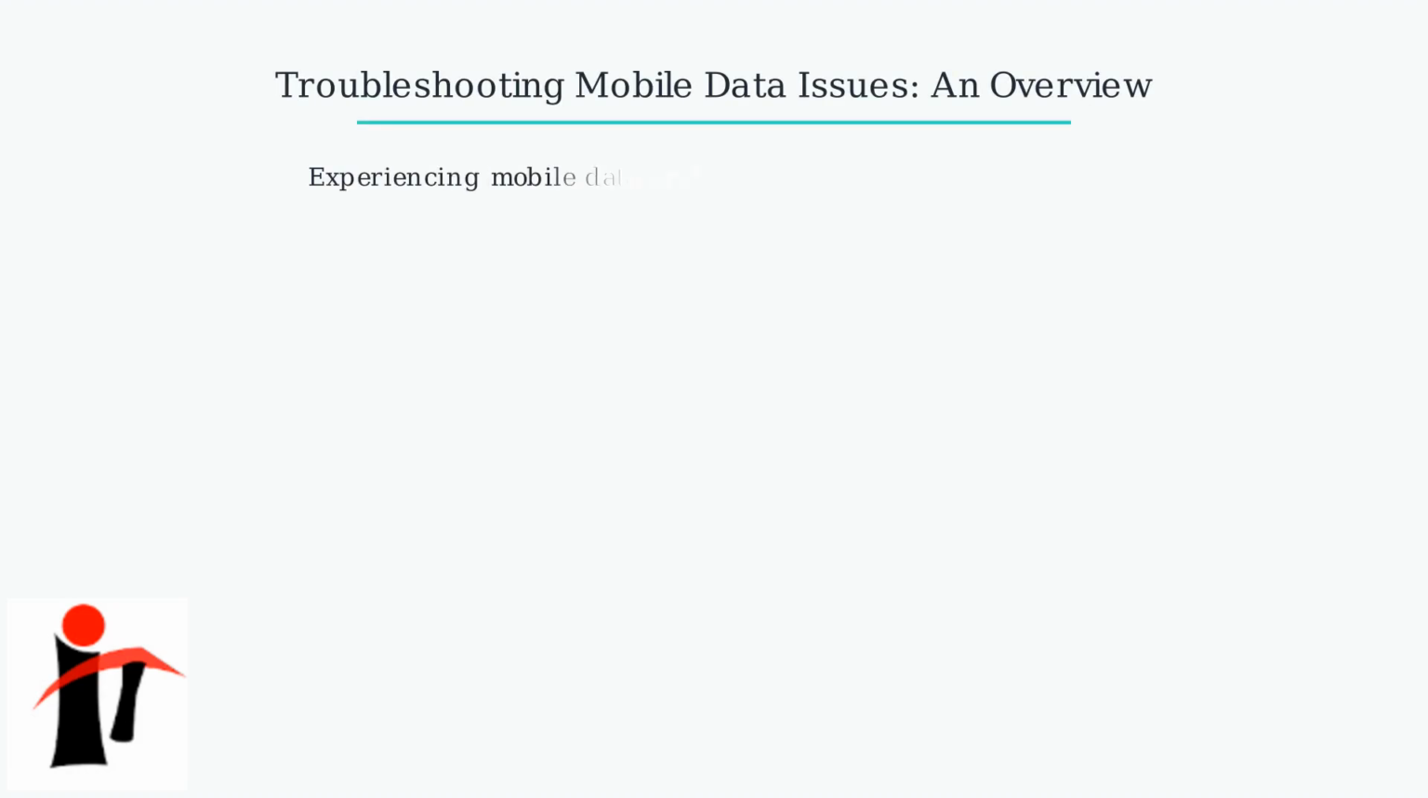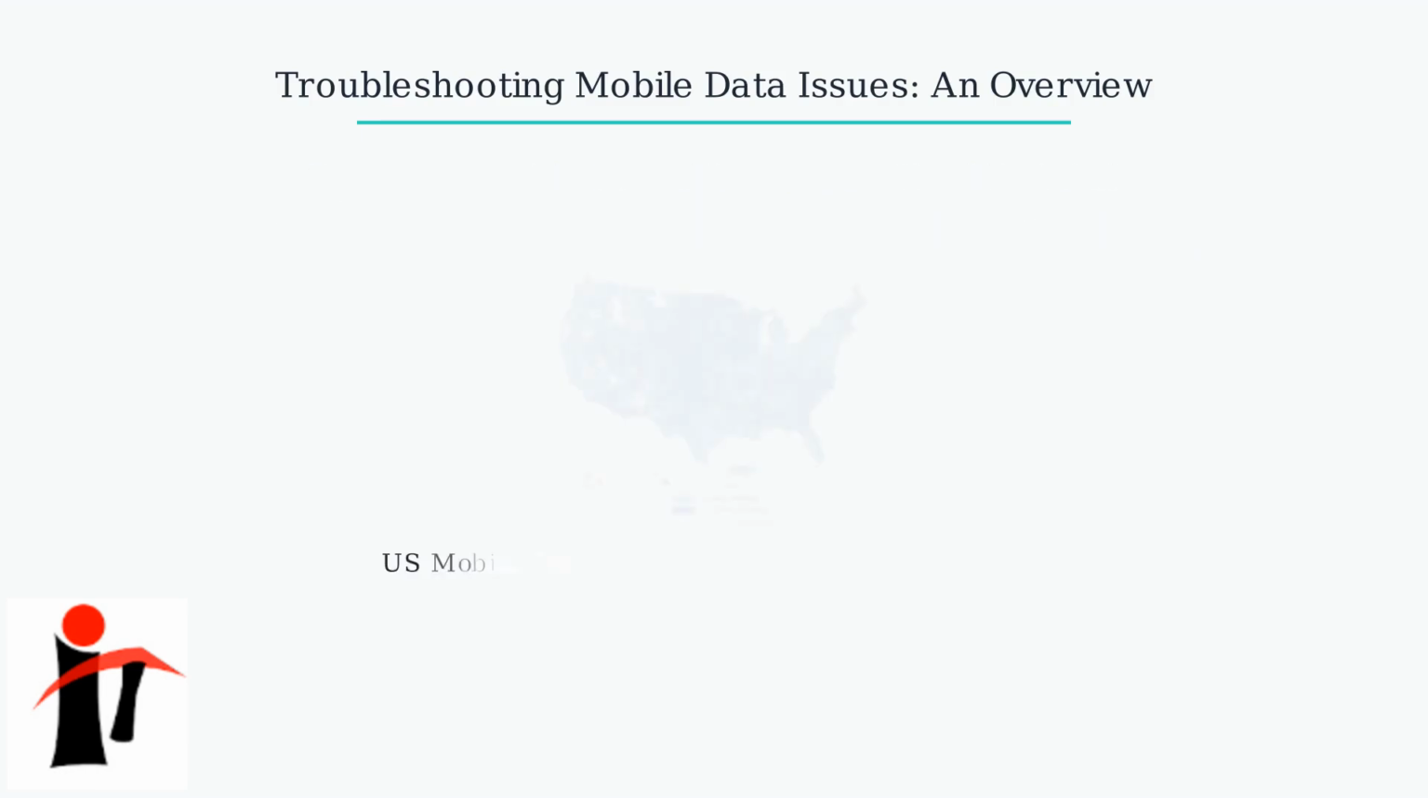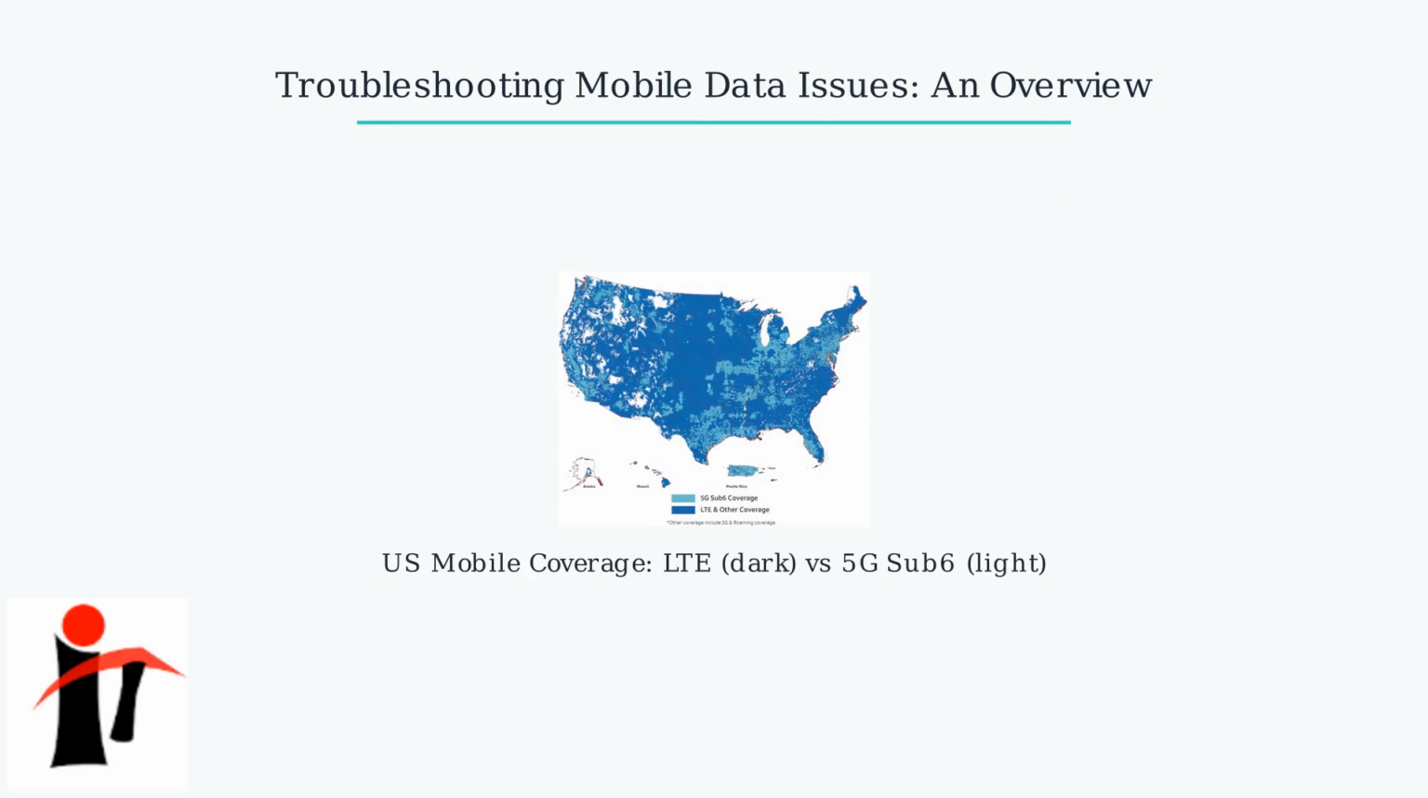Experiencing mobile data problems on your US mobile device? Don't worry, you're not alone. Since 2024, data connectivity issues have risen, especially with the 5G rollout. This map shows the current state of mobile coverage in the United States, highlighting the expansion of 5G networks alongside